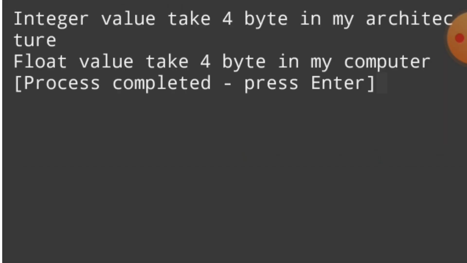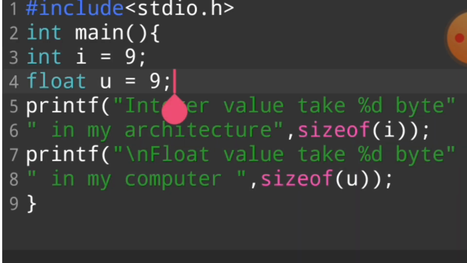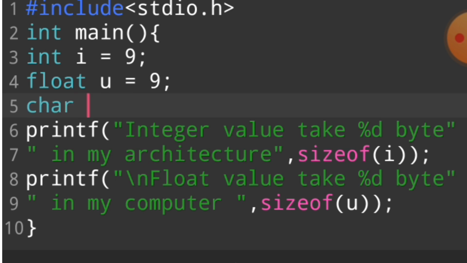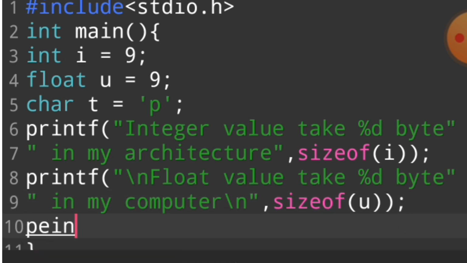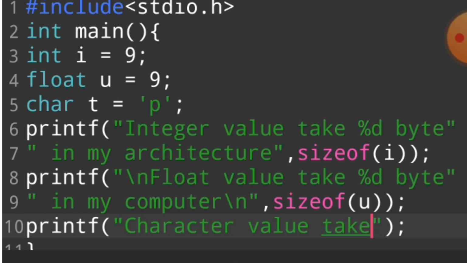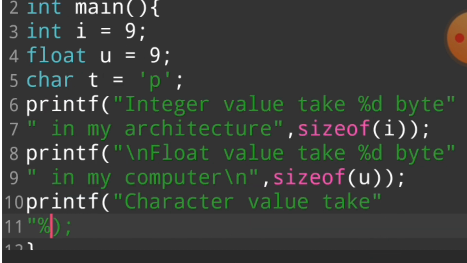Integer value takes 4 bytes in my architecture, float value also takes 4 bytes in my computer, and then if we declare any character, for example char t = 'p', and we want to print the size, how many bytes a character uses in my memory, so we say character value takes %d byte in my computer.